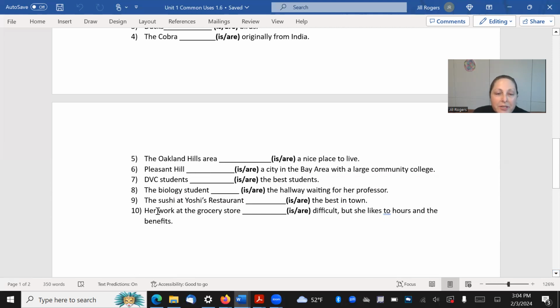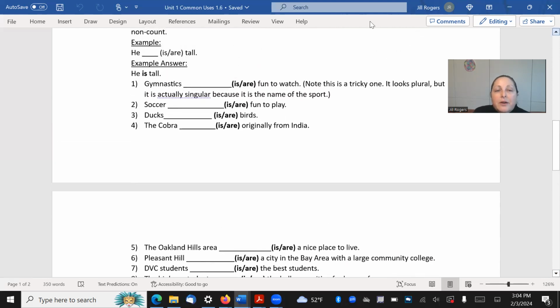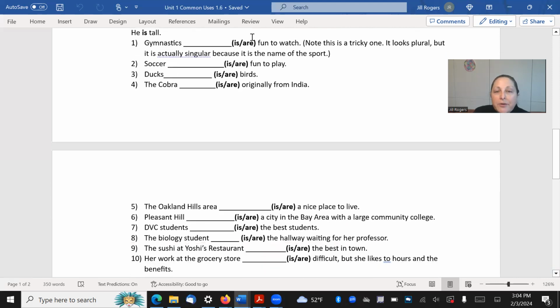And some of them are tricky. So just to give you a warning, number 5 is tricky because you really have to look at what you are talking about, right? The main verb. And I already said number 1 is tricky. So please read the notes. Okay, so please, you can either highlight or underline the correct word. Okay,